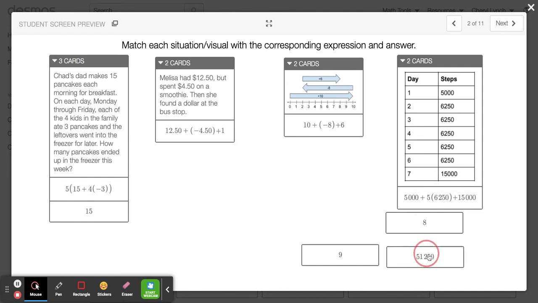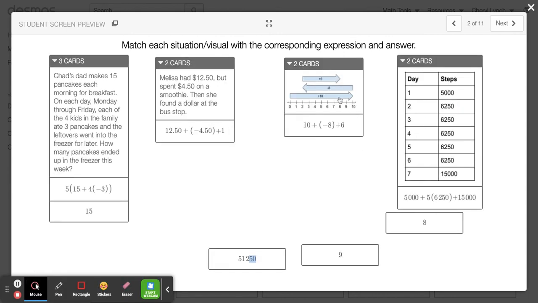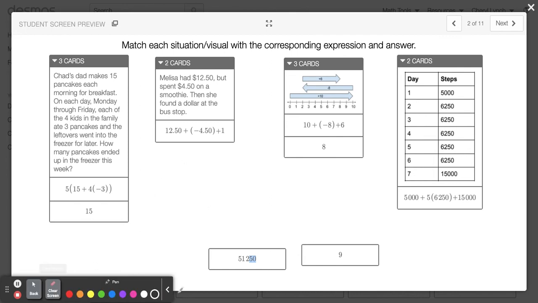All right, then if I go and look at my solutions over here, let's go ahead and do this solution. So I know that 10 plus negative 8 is going to give me 2, or 10 minus 8 is 2, plus 6, I'll end up at 8. Let's clear this and check to see if that is accurate. If I look on my visual, I can see, yep, I'm right above the 8 on the number line. This solution is 8. All right. Next one,